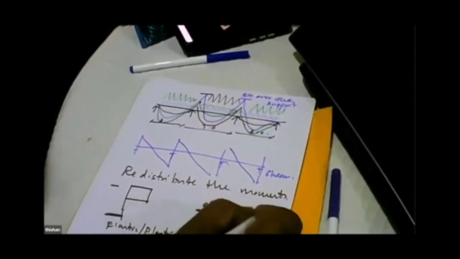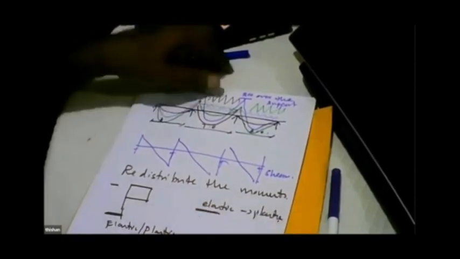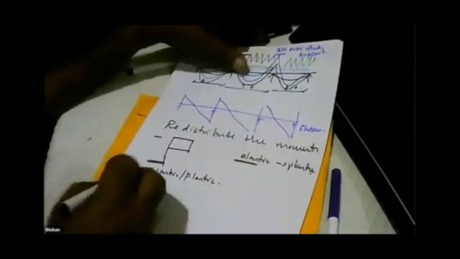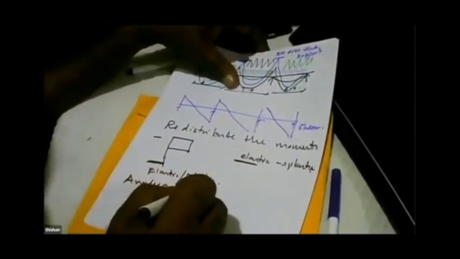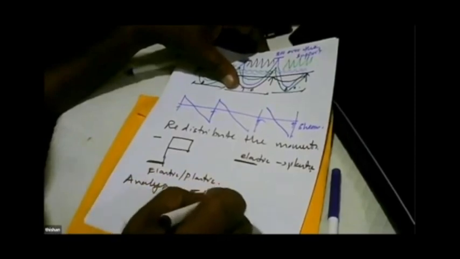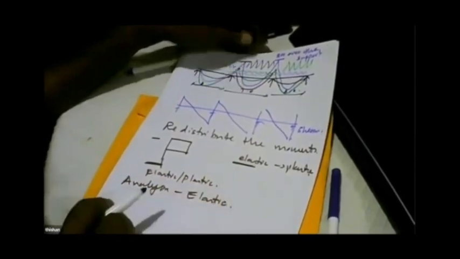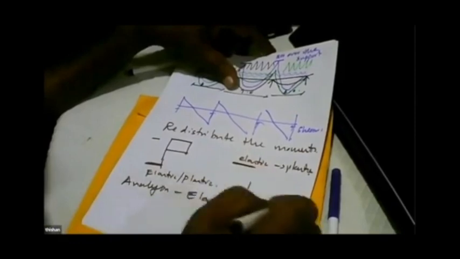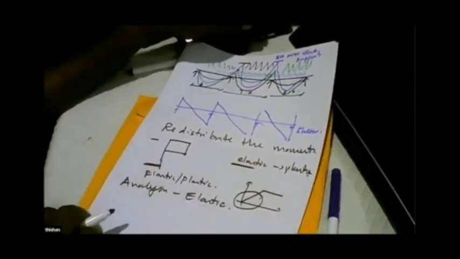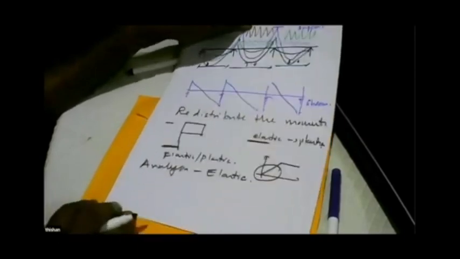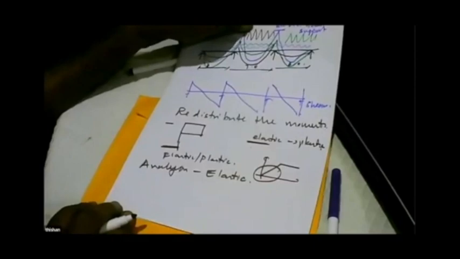Later it will go into the plastic zone. But our analysis is elastic. So in the analysis we have assumed we are here. Now how do you relate an analysis where we have assumed that it behaves elastic,